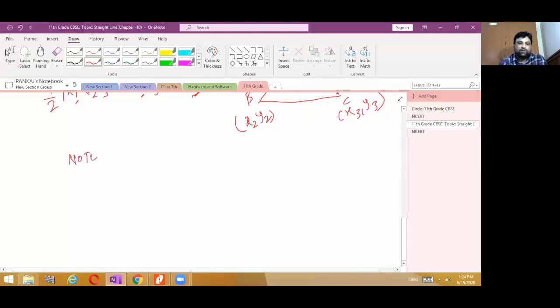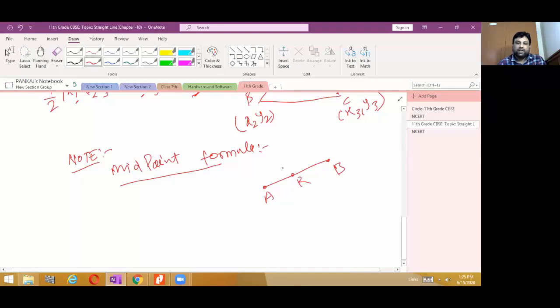Now one more important thing I want to discuss. I am writing it in a note. That is also called the midpoint formula. Actually this formula is also part of the internal division formula. Suppose any point R divides A and B in the ratio 1:1, and the coordinate of A is (x1, y1) and B is (x2, y2). I taught you x is equal to (mx2 plus nx1) divided by (m plus n). So in place of m, you can put 1, and in place of n, we can put 1.